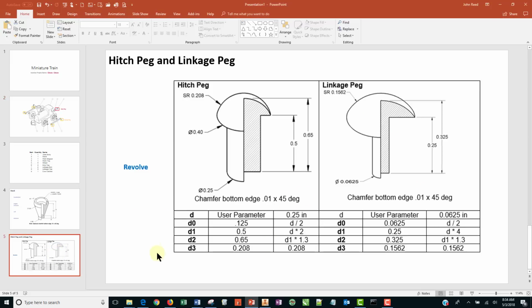So how we're going to do that is summarized here. First of all, we're going to do a revolve here. So we're going to have to basically draw the hatched area here, and the tables below here, we've seen this before, and it's how we're going to parameterize this part. We're going to define a user parameter d, which is equal to the diameter of the base of this hitch peg, 0.25 inches,